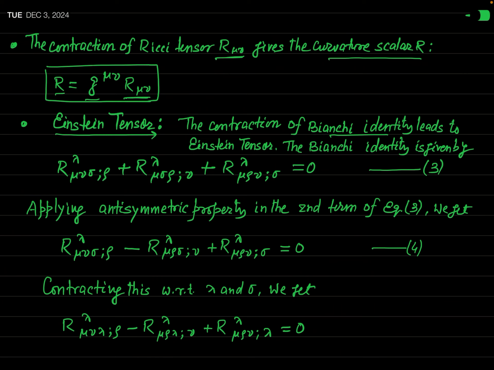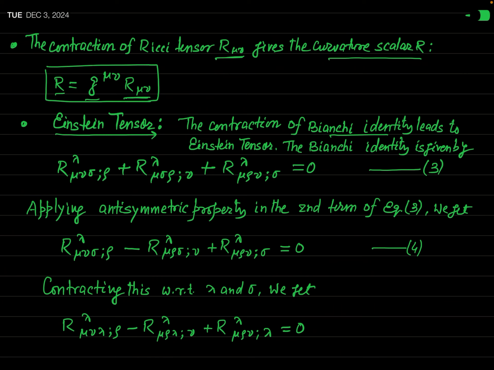Okay, you have learnt about this Bianchi identity in my previous video. So let us start with the expression for this Bianchi identity and try to contract it, and finally you will get the Einstein tensor. For this you have to remember what we learned in the previous lecture regarding